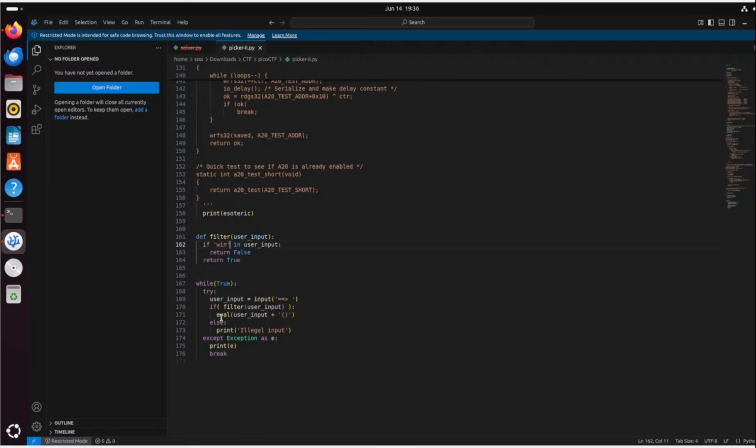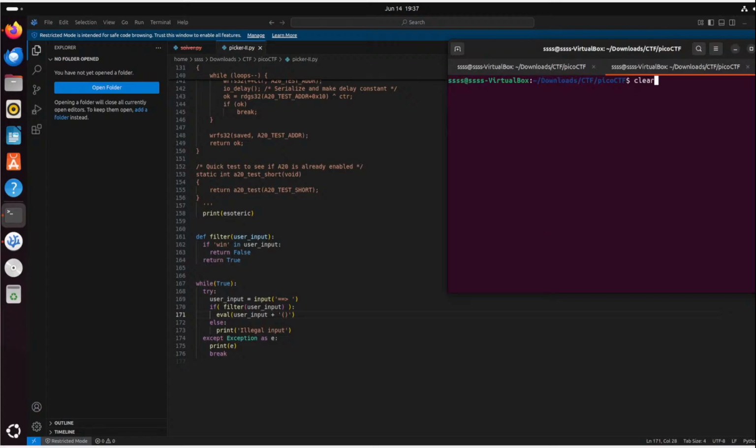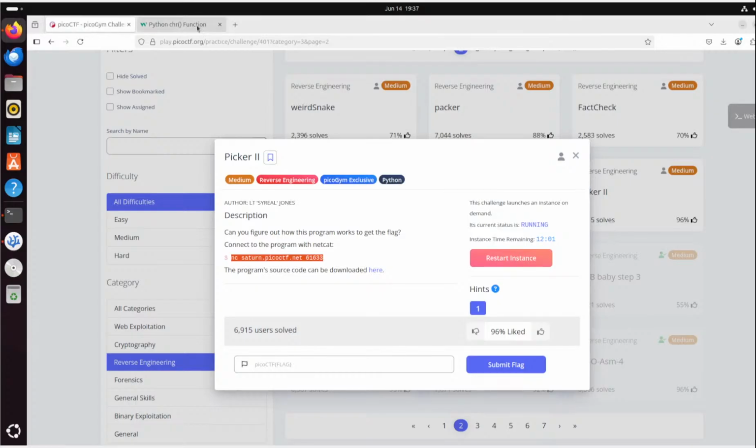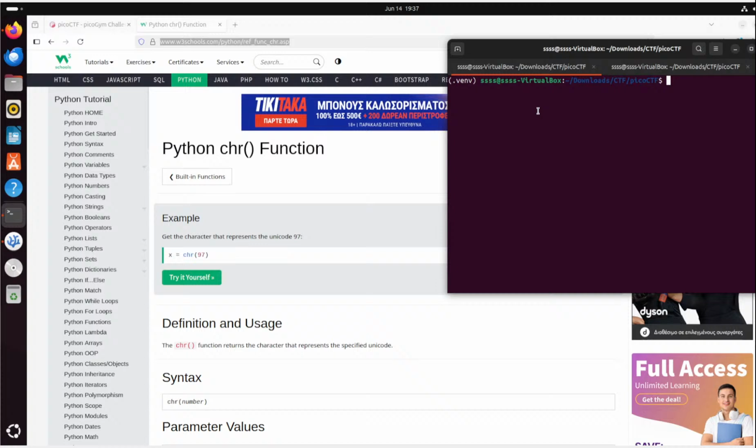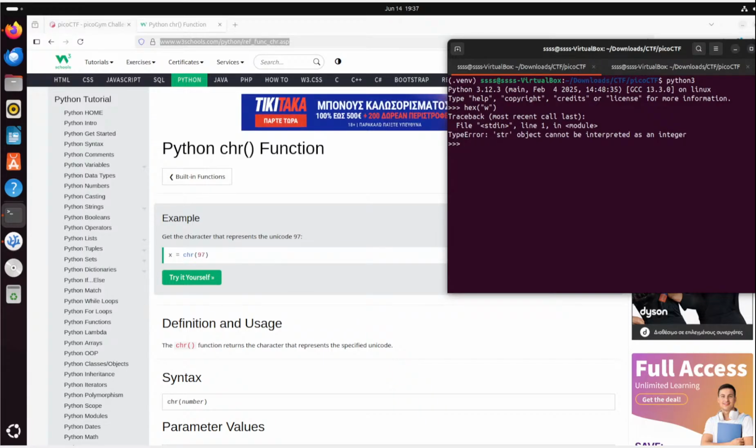While true, try user input gives us the input. Okay, how do we get over this? What if we actually use the hex values of the Python 3? Let's do the ord, no, hex of w, ord of w,